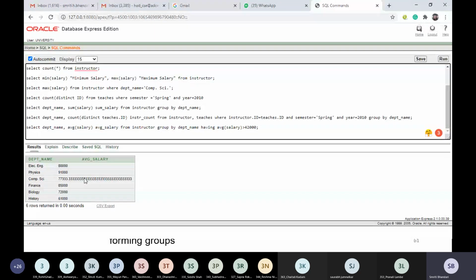Got it? Any doubts so far? Is there any doubt? Have you understood this having clause? If you have any doubts, please let me know. These are really very important constructs, and you are supposed to practically implement everything in your laboratory sessions